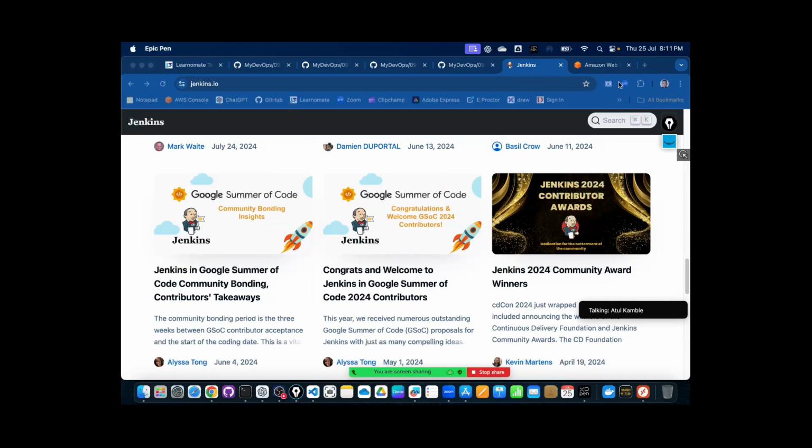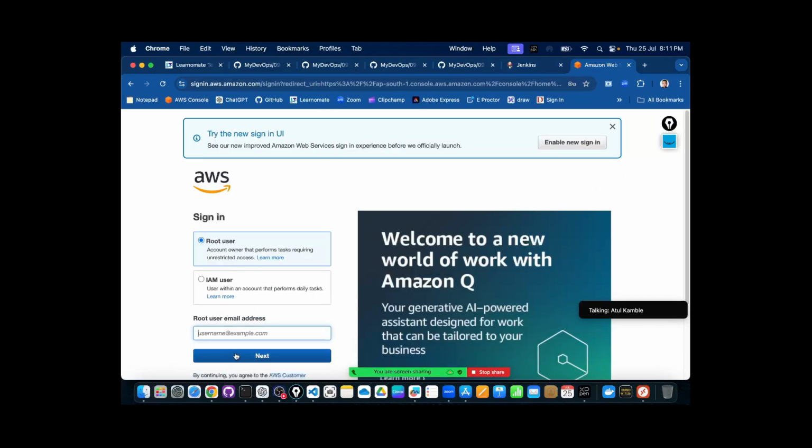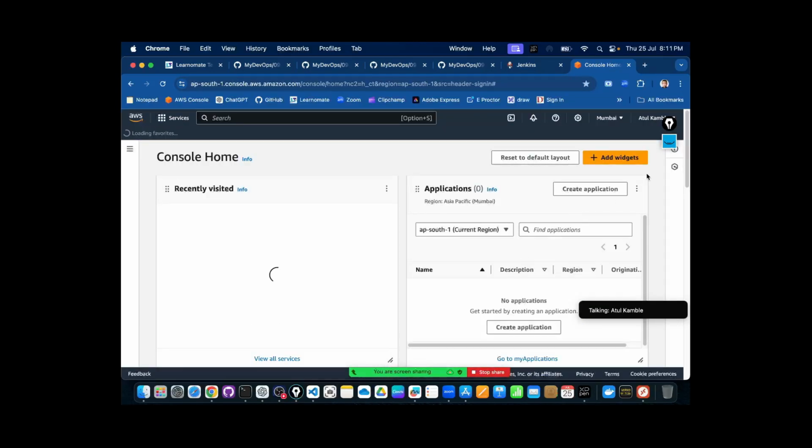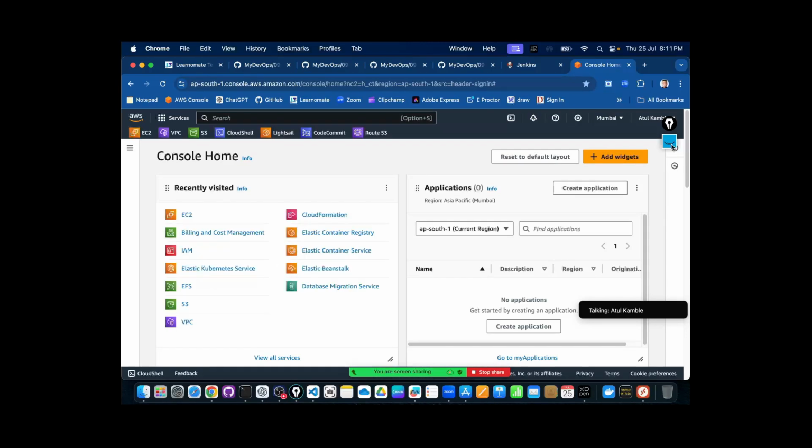Now let's try creating our Jenkins server. Here I am signing in to my AWS. As we want to try Jenkins installation and configuration on Linux, I will launch an EC2 instance of T2 micro. I will remotely connect to it via SSH, and then we will fire some commands. The default port for Jenkins is 8080, so within a security group, that port should be added in an inbound rule. First of all, I will create a security group separately, and we will attach